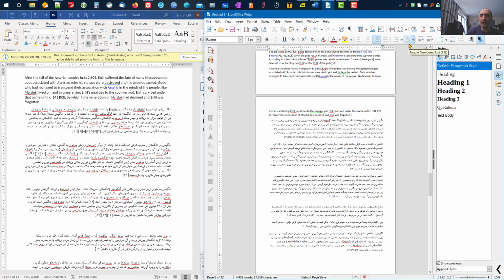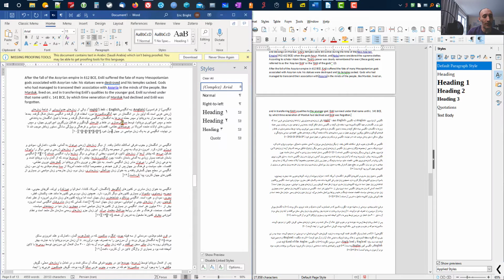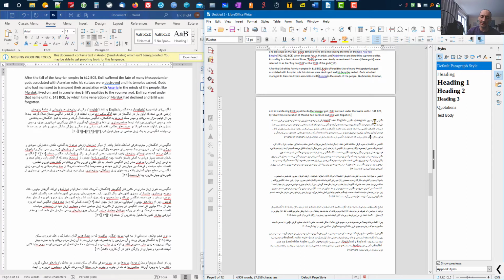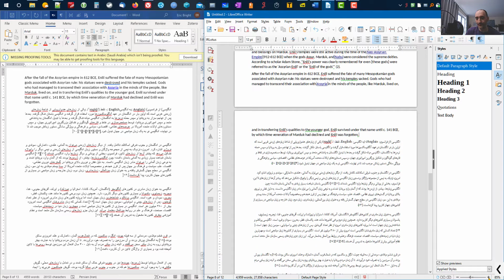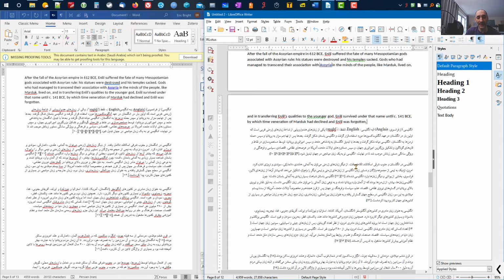For Word, let me look at Word. Let me see what Word has done when you stop on a paragraph that is right to left. They do the same thing, but they didn't mirror the numbers. The numbers are correct. It says 1 2 3 correctly. Here it says 1 2 3, but they are mirrored. As you can see, they are not correctly done, but that's okay. That's not a big deal. That can be easily fixed. But more importantly, let me make this slightly larger. More importantly is